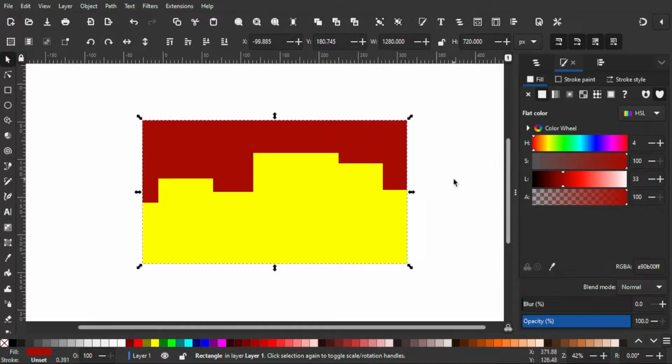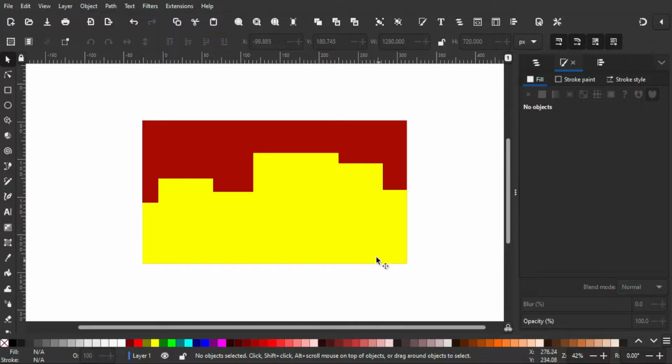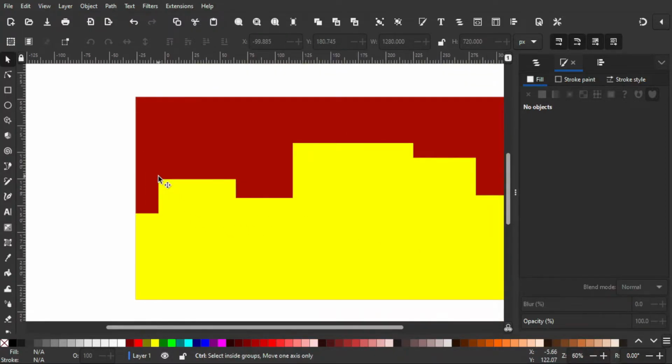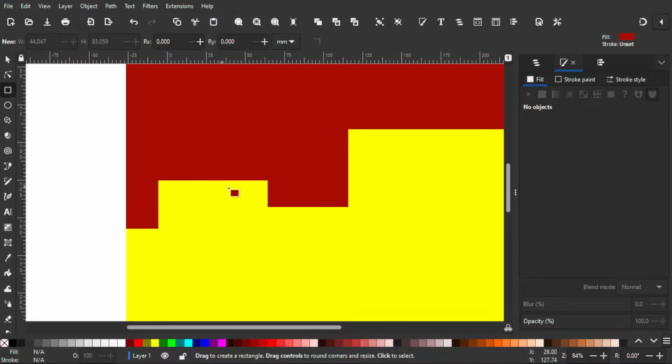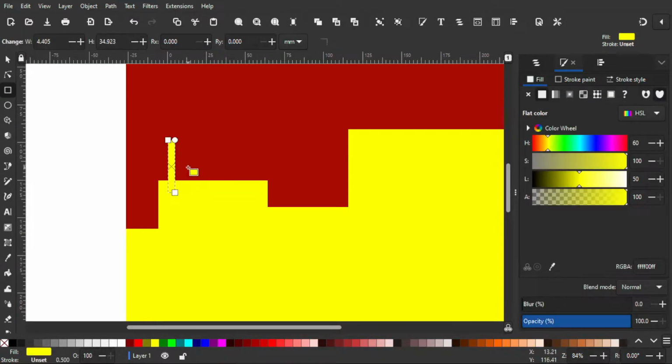But I'm gonna make the gradient later on. Before that, I'm gonna make a little details for the building, so it's more convincing if it's a group of buildings, like we need to make it like it is a skyscraper, so gonna make it like the rooftop of the building.